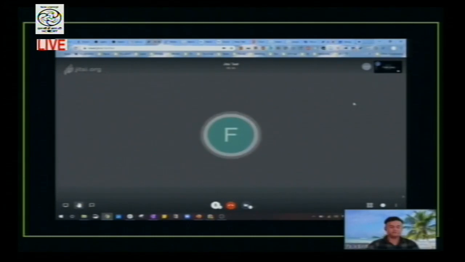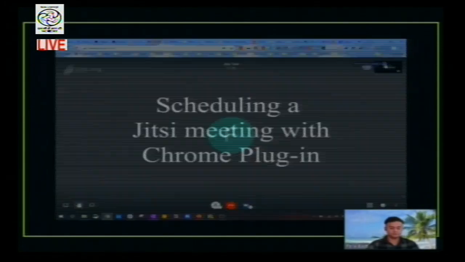If you hover your mouse over any of these participants, you can see the signal strength of that participant. So this is perfectly fine. If you really feel that the person is having a very low bandwidth or low internet speed, then you can just go and check it out. You can identify the problem. And because I raised my hand, you can see that the hand has already been raised. So the moderator can see that this participant has got a question.